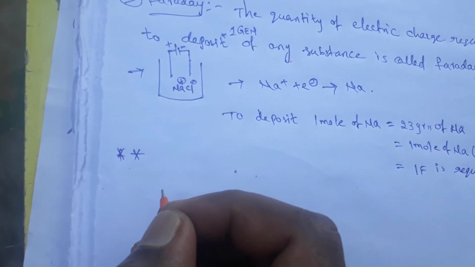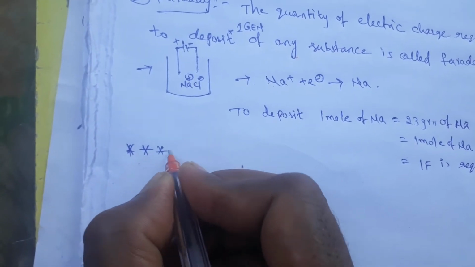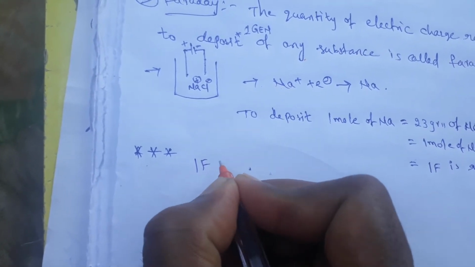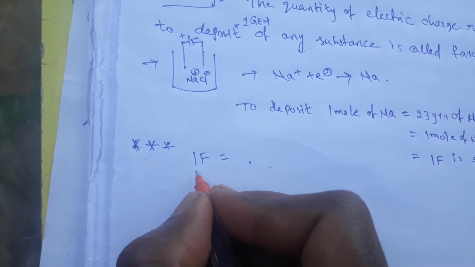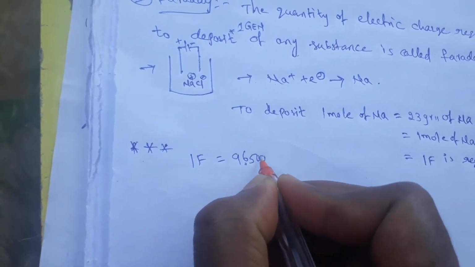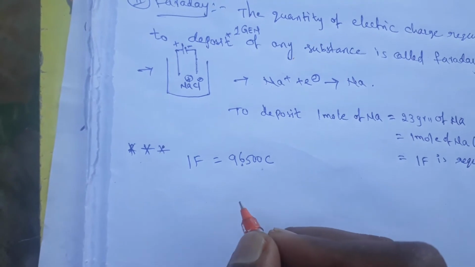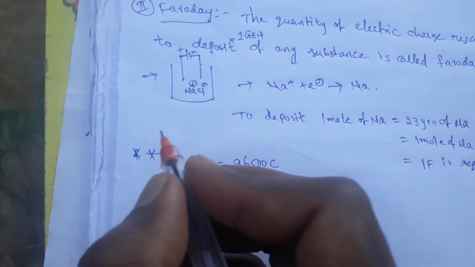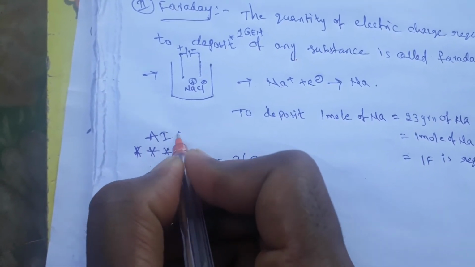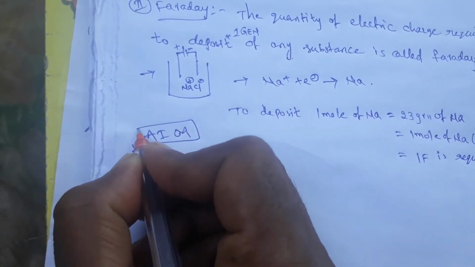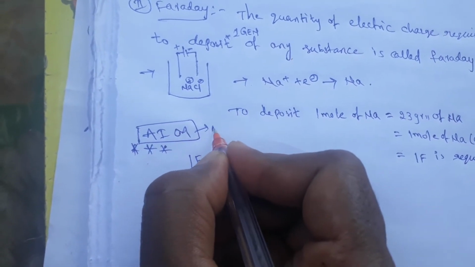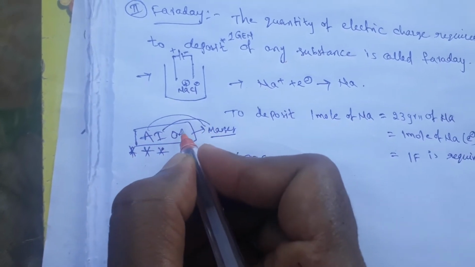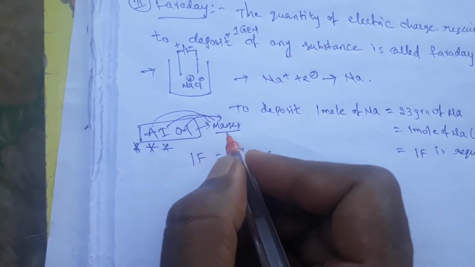So this table, these values you can remember. You can do so many problems from electrochemistry. What is the meaning of 1 Faraday equal to 96,500 coulombs of charge? What is present in our chemistry? There are atoms, ions, or molecules. So what do they have? They have masses. That means an atom has mass, an ion has mass, and a molecule has mass.